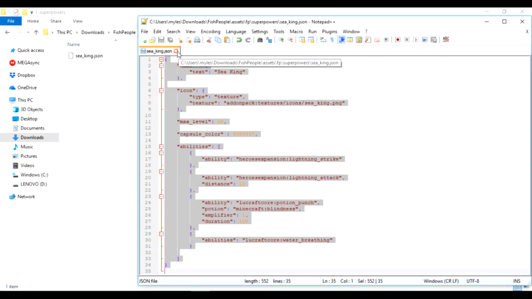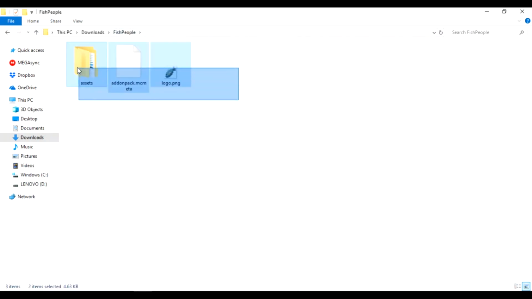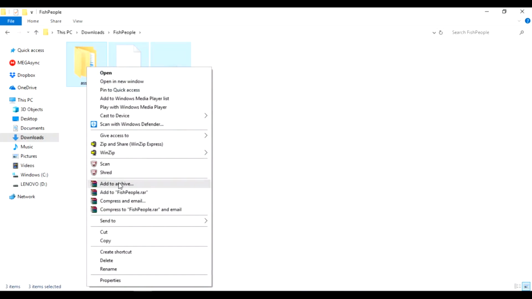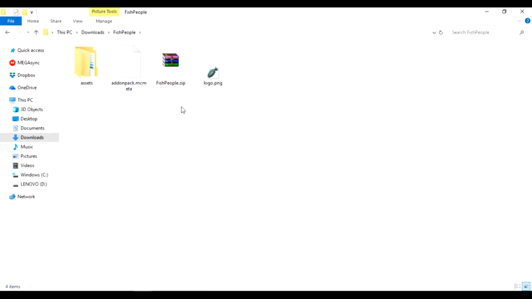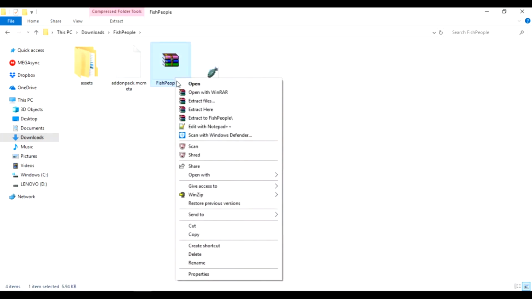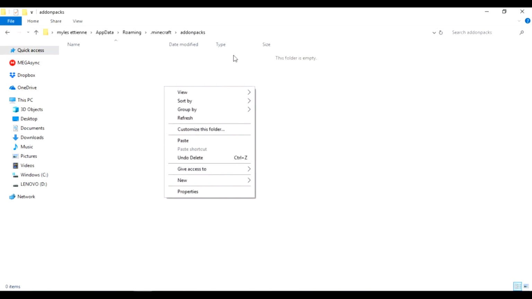So once you've done that, save it, close it. Note that when you're looking for it in Minecraft, you have to look for at and whatever you have before, after assets, but before your powers and stuff. So for me, it's gonna be FP for fish people. So go back to your folder and zip it. Send it in the add-on packs folder in your Minecraft. As long as you loaded Hero expansion or Lucraft and Hero expansion before, that folder should already be loaded. So you go to that folder, paste it in,